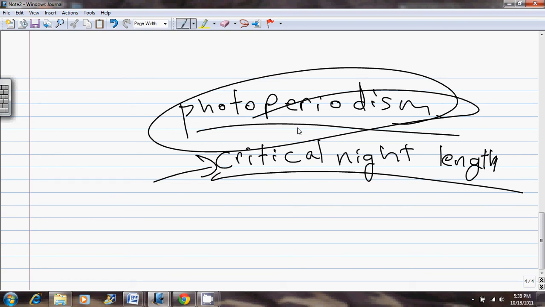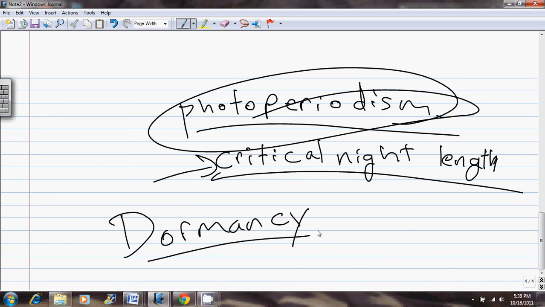And the last thing we're going to run into today is dormancy. And this is actually a pretty easy one. Dormancy just means pretty much that it's going to stop growing. When you're dealing with trees, they're going to turn yellow and red, and they're going to fall to the ground. It prepares itself for a long, harsh winter, and so they'll stop growing, they'll stop developing,